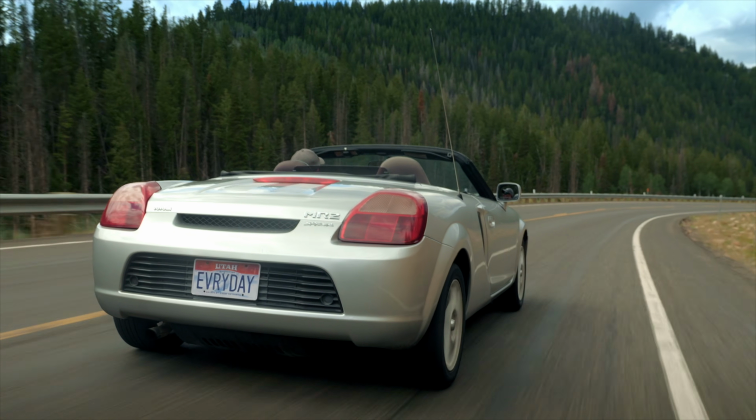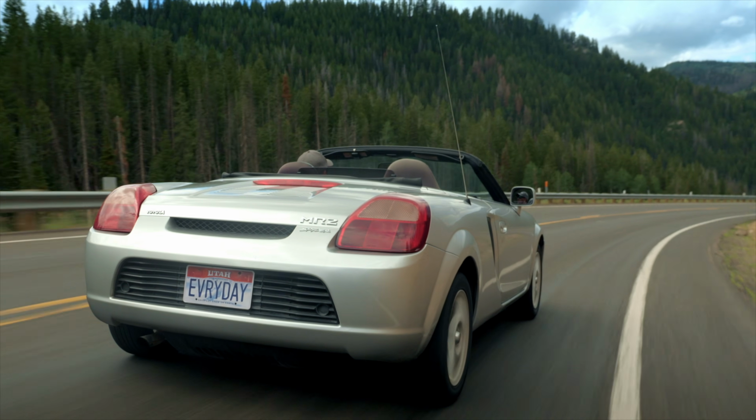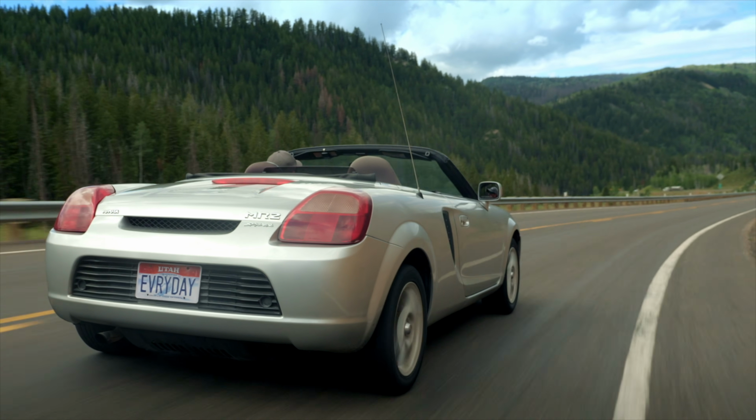Why did they build it like this? It seems like a really strange thing. Toyota had been building the MR2. This was the third gen. Yeah, the third gen of their mid-engine car. It was the next generation, but the only full dedicated Spyder of that idea. They had two with the targa tops before that. Then they made this car, and it didn't sell that well, and I think it gets overlooked and forgotten, and